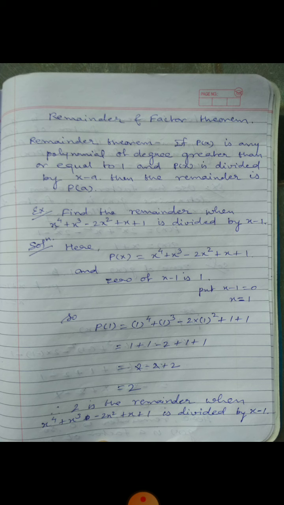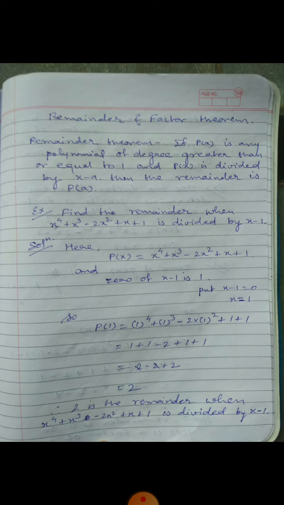First P(x) is given, and in place of x − a, our question has x − 1, and P(x) is divided by x − 1. So find the zero: put x − 1 equal to 0, so x equals 1. So x = 1 is the zero of this divisor. We put the value of x = 1 in P(x), so P(1),